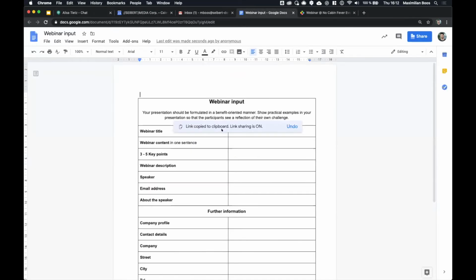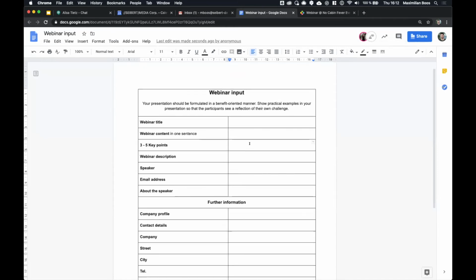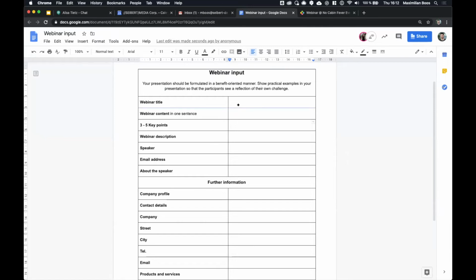And now we can fill out this document together. In the upper right corner, you can see that Alisa has opened the document, and I can see her cursor and what she's writing. So we can fill out this document together now. And yeah, this has the advantage that we can really work on it together at the same time,